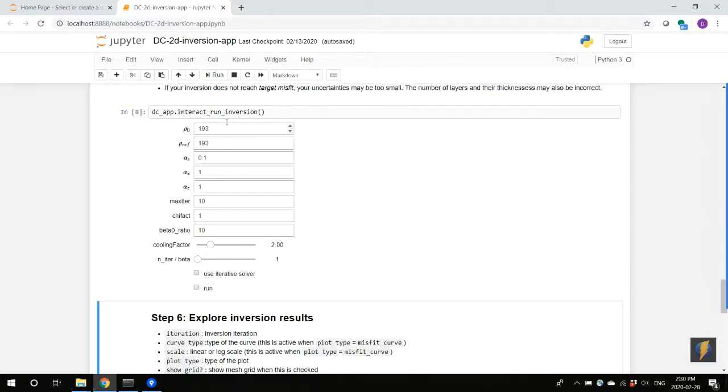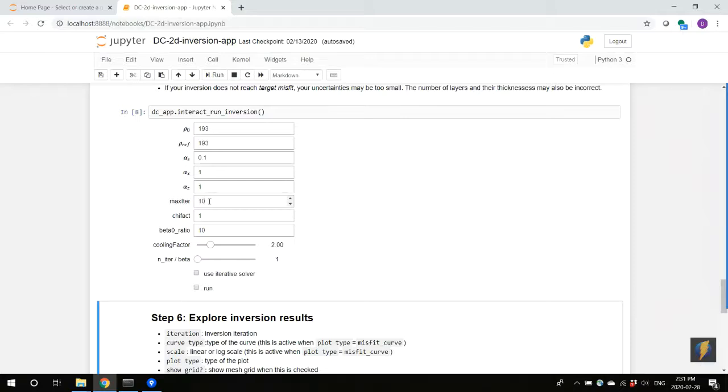In this case, it is 193 ohm meters. And it sets alpha s to 0.1 as a default value. And alpha x and alpha z are the same. So it wants to be just as smooth in the x and in the z. And the inversion will run for 10